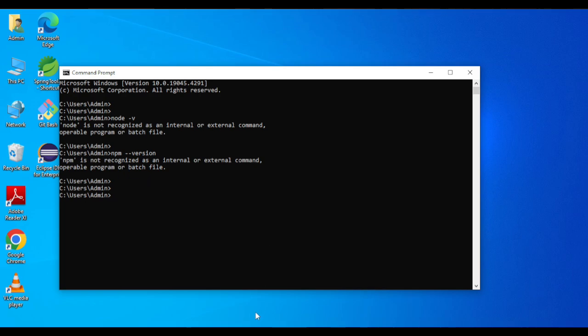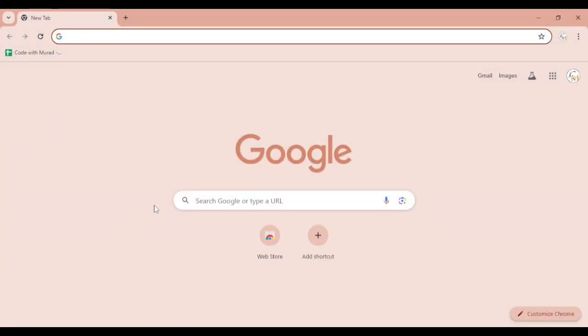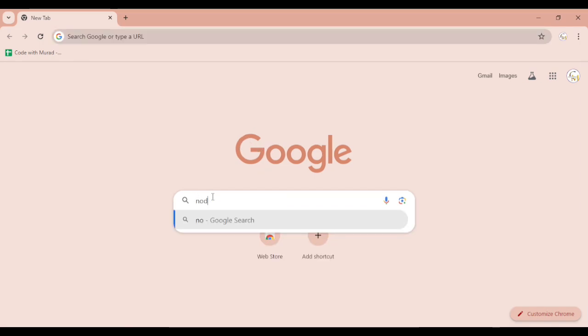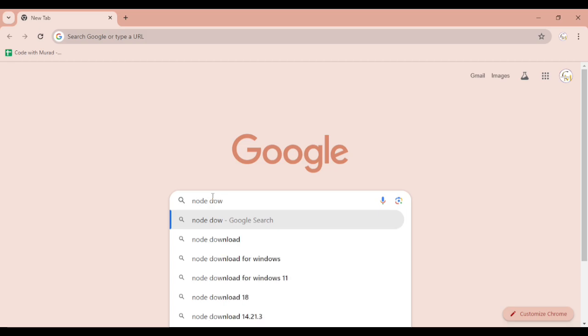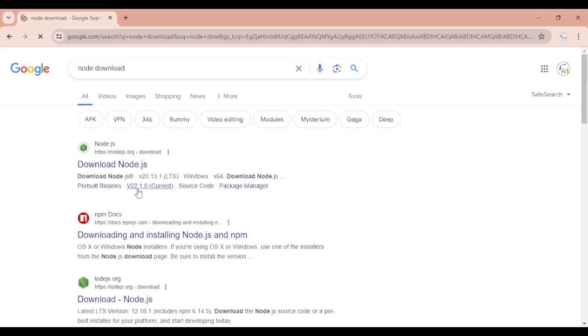So now what I will do is open the browser. I use Google Chrome, but definitely you can use your favorite browser. I'll search here for node download, and the first option we can see is from nodejs.org. So I'll click on the first option, Download Node.js,